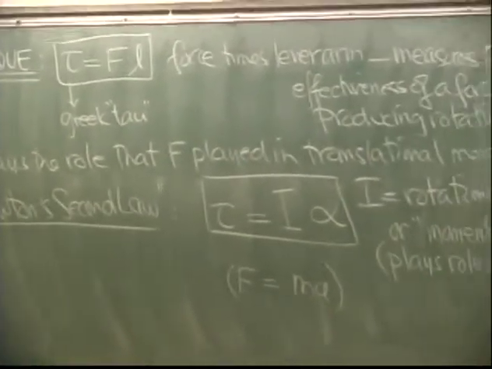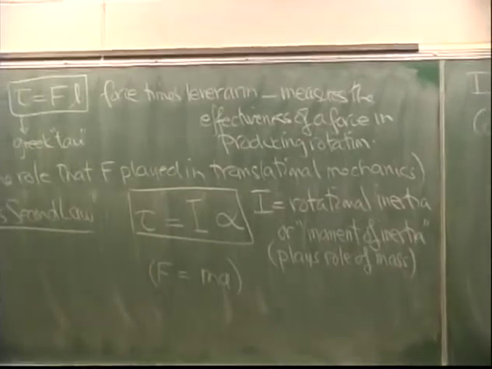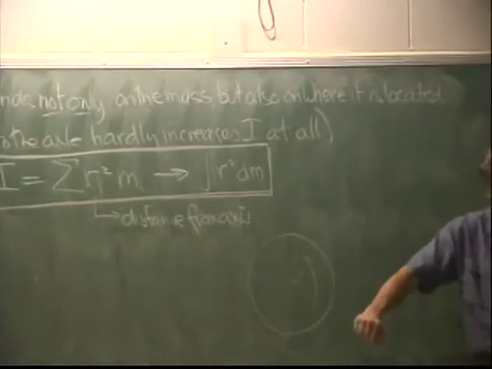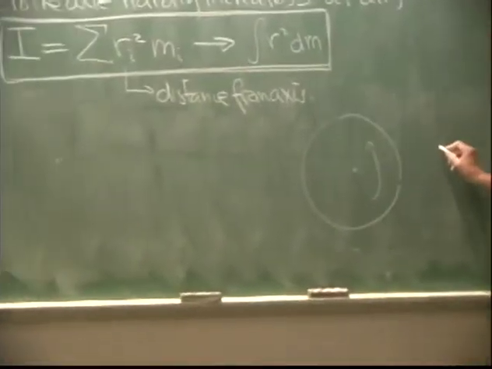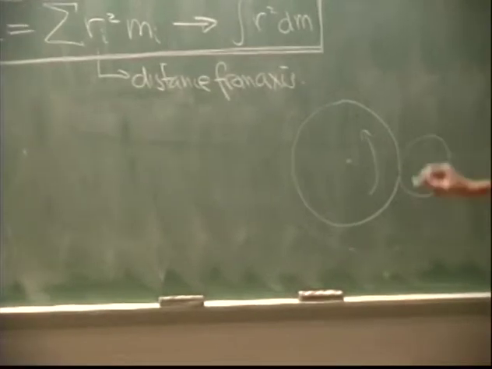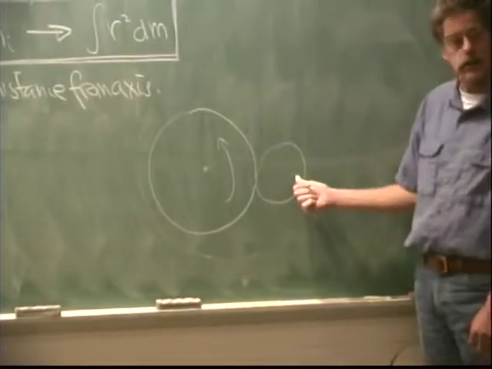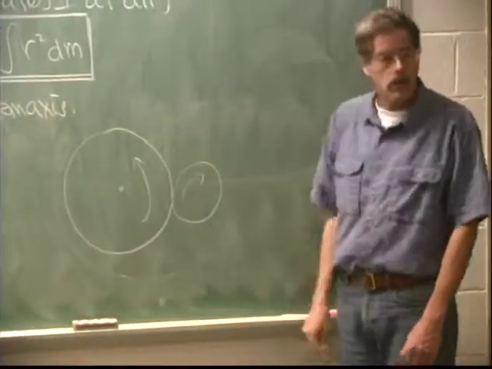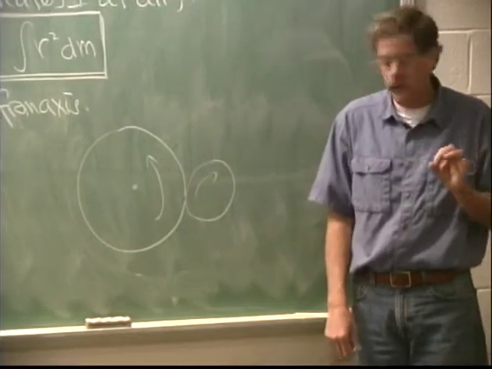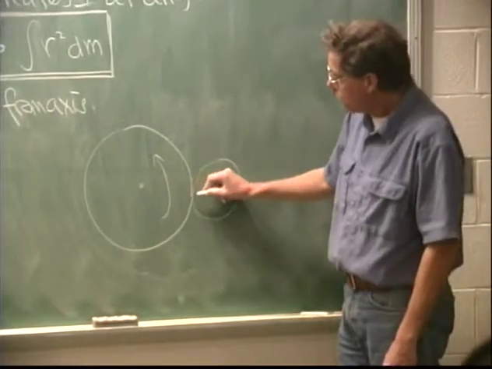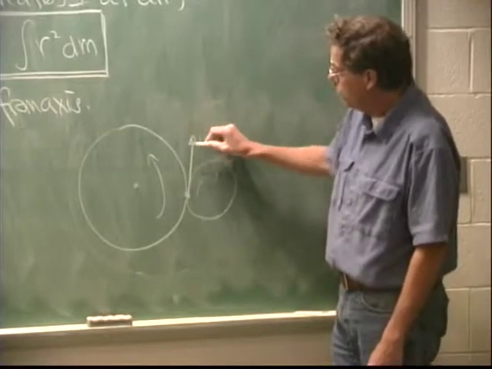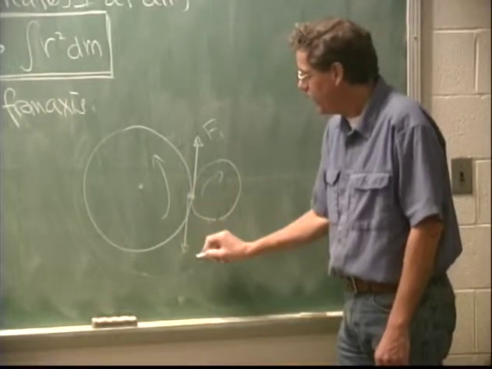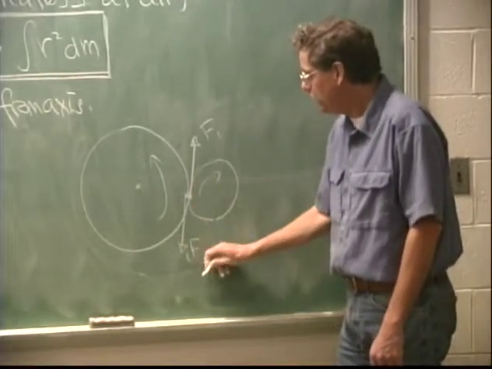You can think of an example yourself. Suppose I had a spinning flywheel here, maybe a grindstone, rotating like that. I'm holding these on axles so that they rotate about an axle. I bring up next to it a smaller wheel that's initially at rest. What's going to happen? Sparks fly, and pretty soon this one is rotating too. But while that's happening, what are the forces? The force of the big wheel on the little wheel is F1. The force of the little wheel on the big one is minus F1,